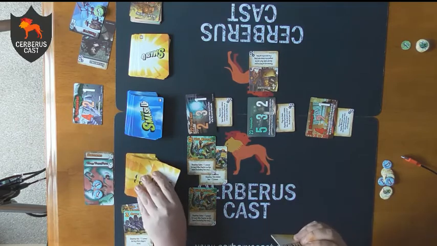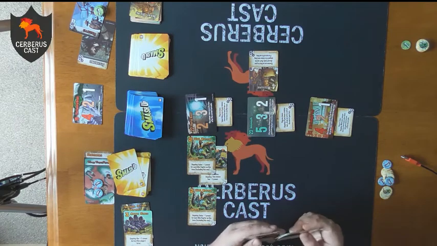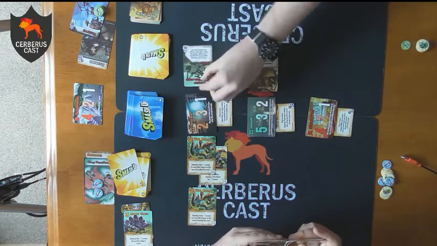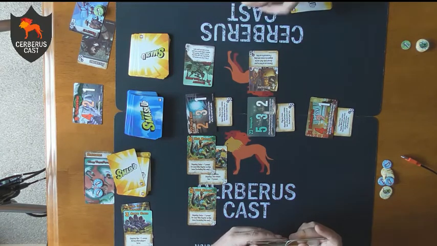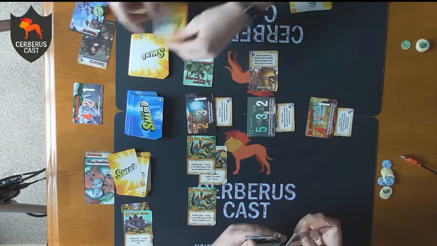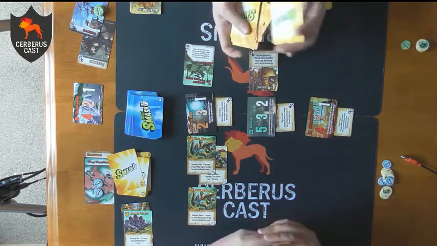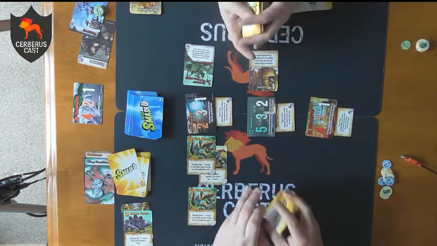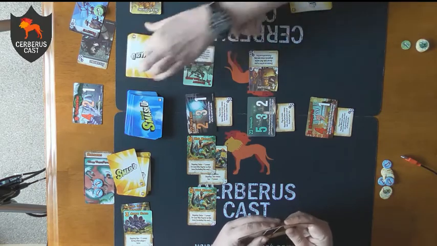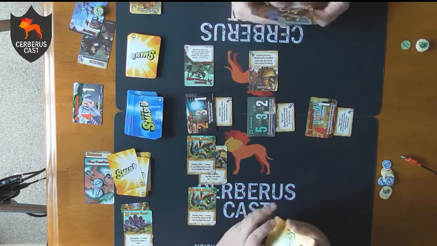Mm-hmm. I may not have shuffled this particularly well. I get that feeling as well. So I'm going to start with a Microbot Reclaimer, shuffling any number of microbots from my discard pile into my deck. So 1, that's it, just this one. Then I get to play an extra minion for this guy. So we will start with...